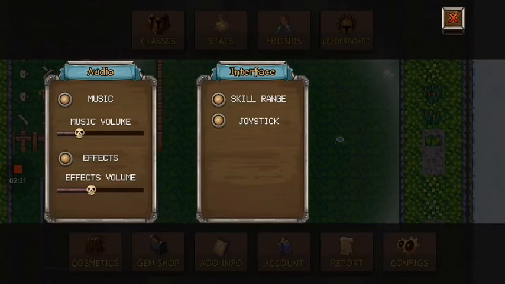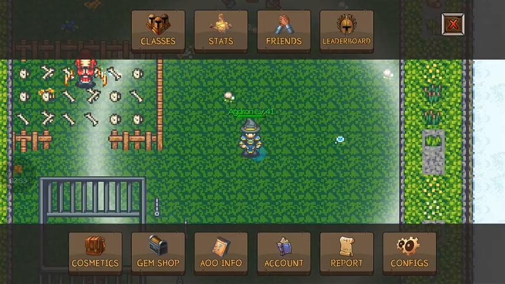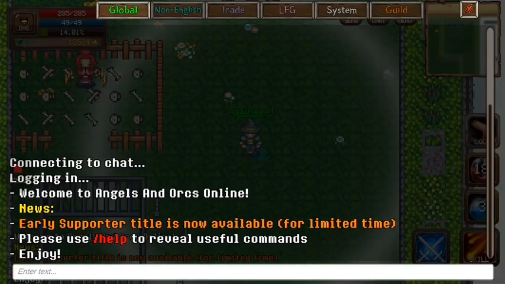I didn't actually send that. Joystick and skill range. These are the settings. Now we can go into the chat. There are